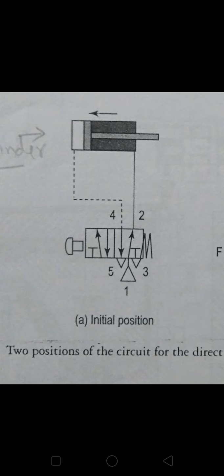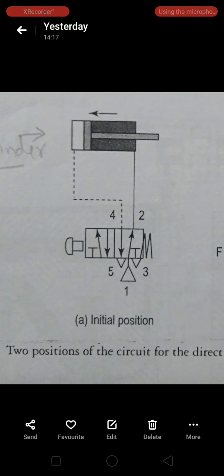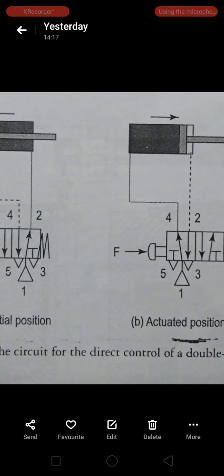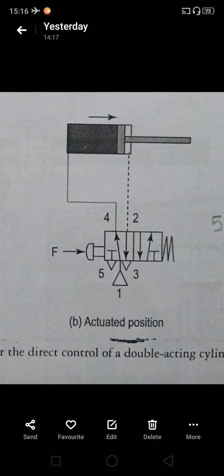You can also use a 4x2 DC valve. Functionally, a 4x2 DC valve and a 5x2 DC valve are similar. There is no difference at all. Only the construction is different, otherwise there is no difference in the function. So when the push button is applied here, see, when we are applying a push button,